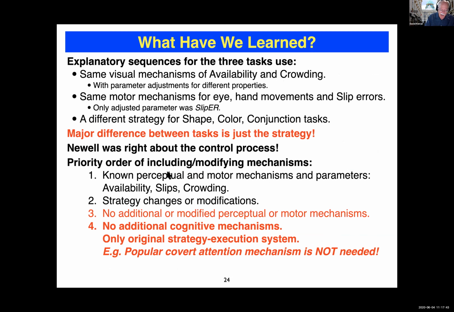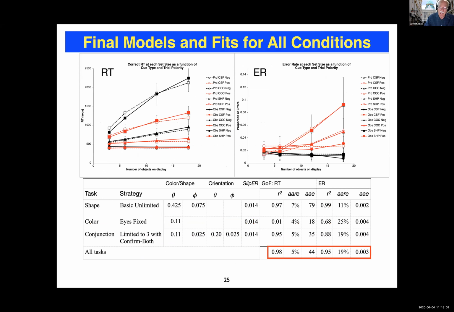So let me remind you of the priority order here and what we've learned. We put in these known perceptual motor mechanisms. We did some strategy changes or modifications. We didn't have to add or modify the perceptual motor mechanisms, and we didn't have to add any cognitive mechanisms. We only have the original strategy execution system. So this popular notion of covert attention is simply not needed. Okay. Here we go. All the fits are there. I'll just point out that if you throw in all 48 data points, you get these extremely nice goodness of fit